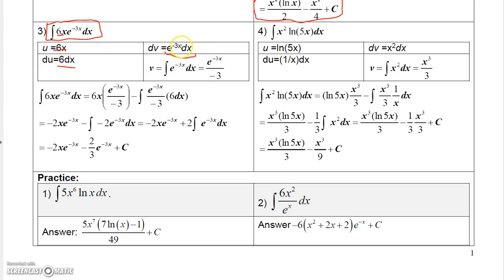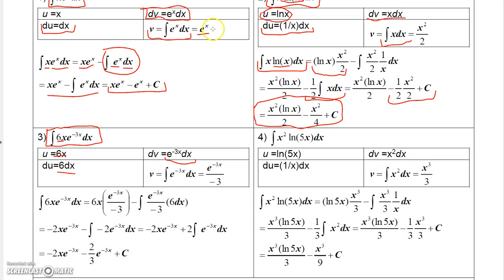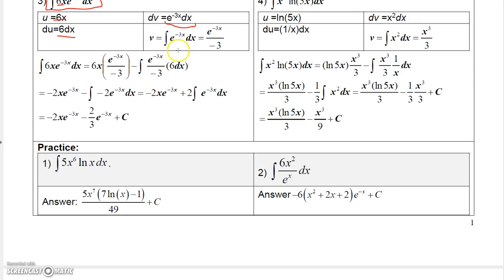And then when you integrate this, remember I told you before, if you integrate e to the ax, you just get e to the ax divided by a. So that's going to be e to the negative 3x divided by negative 3. Now I didn't write the constant on these because I knew I was going to write it at the end. So I'm just letting you know that. Okay, so now